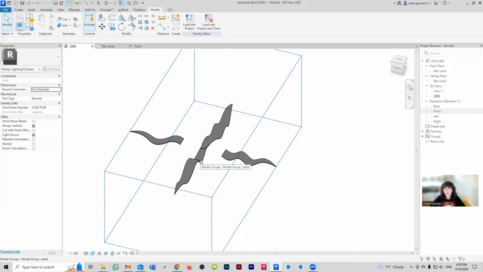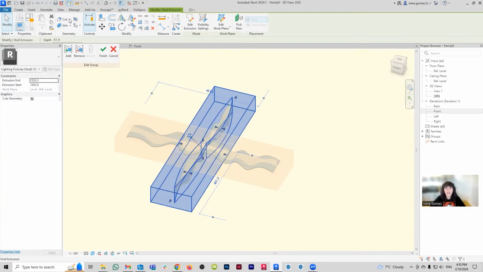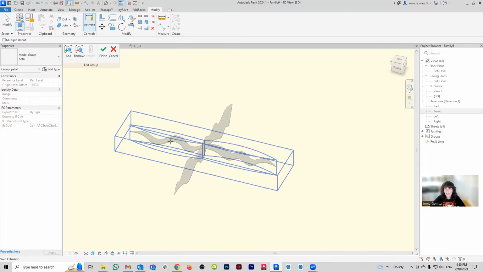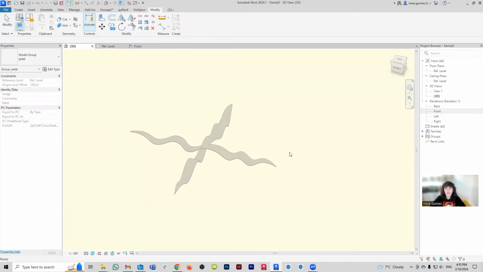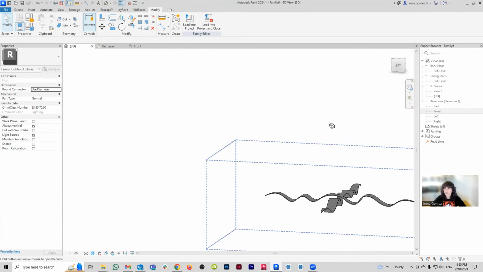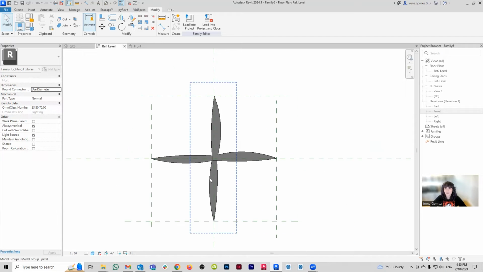So if you want to fix this, all you really need to do is go into the void that is causing the issue, and you're going to use the option uncut geometry. So click on the void, click on this guy, and there you go. Now it's no longer cutting it. Beautiful. So again, sometimes this will happen because basically Revit decides when it wants to follow certain rules or others. So you just have to roll with the punches.